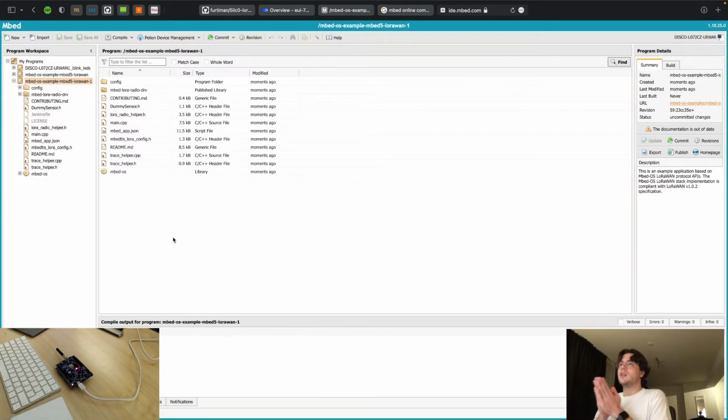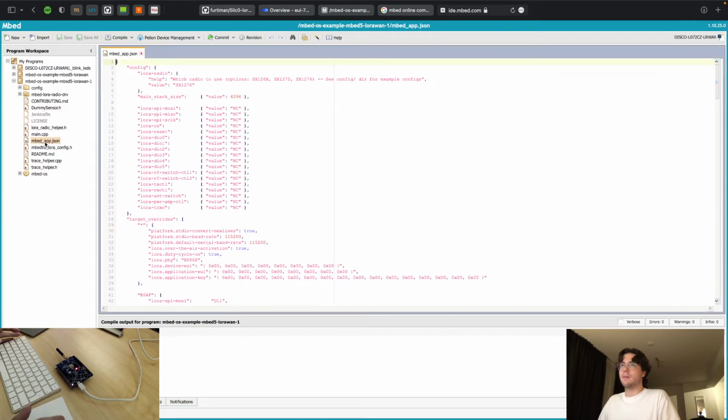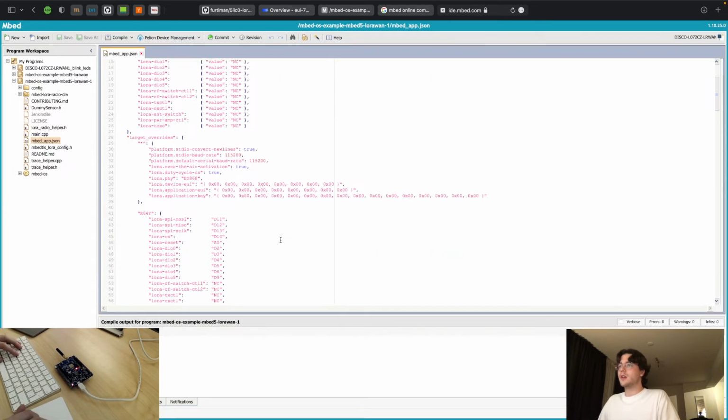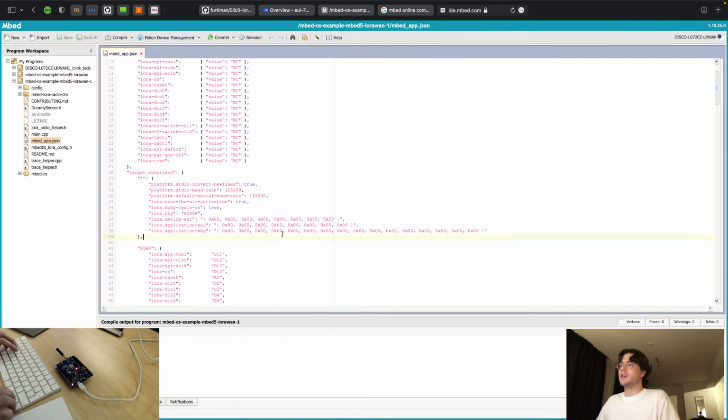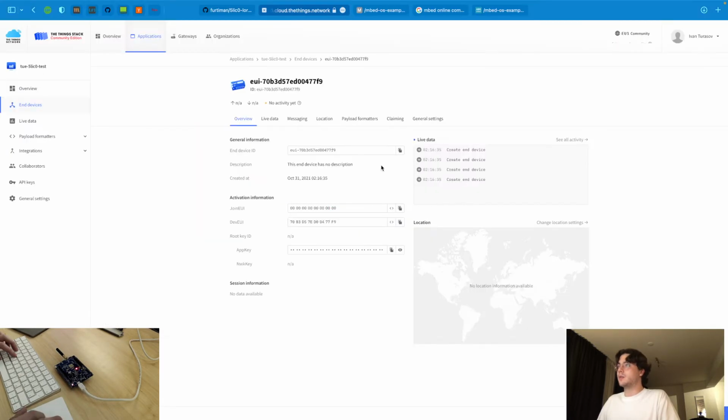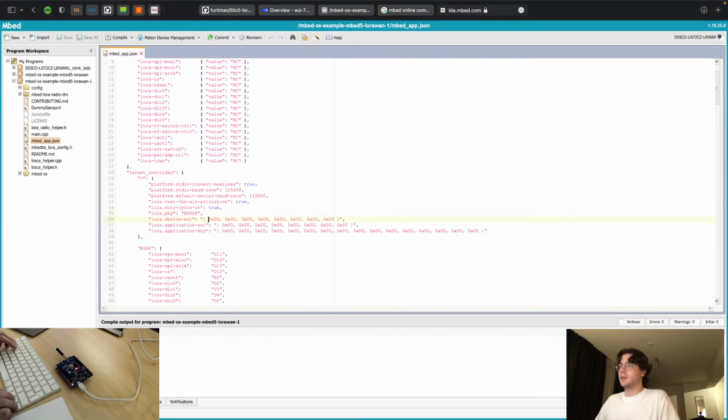So now we need to set up this application, the firmware, so that the keys that we generated in the console are actually in the device. This configuration is stored in the embedapp.json file. So here we can see all the three keys and EUIs that we need. So let's just fill them in with the values that we have. In the console we can bring it to this format and just simply,